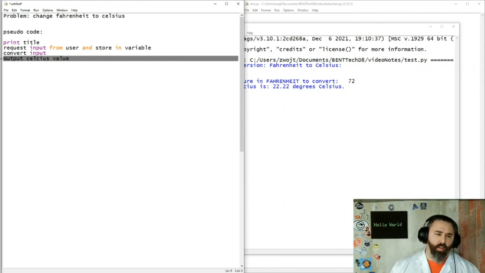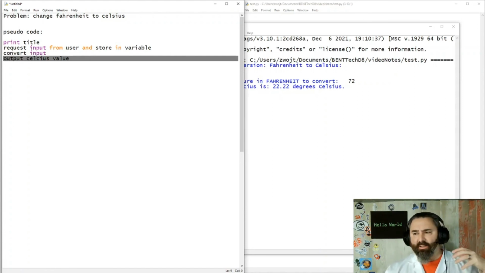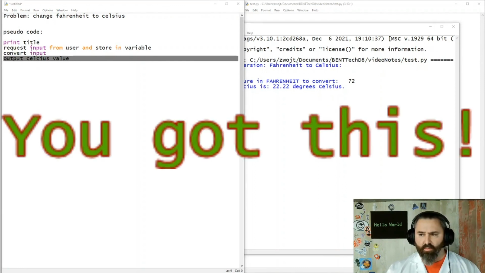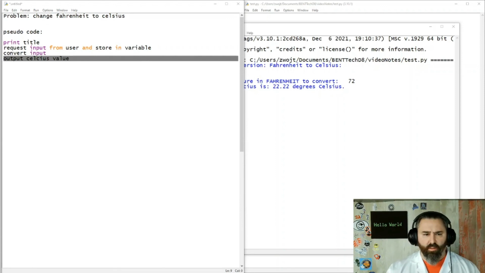Well, what if it was a multi-function, multi-purpose script? So now your ideas are going to get more complex, and the more time you take to do proper pseudocode to organize your ideas in a formal manner, remember, eventually in your scripts and code you're going to write functions all over the place and organize them, but they don't have to fire in order. They can be loaded in the memory. You can call on them as needed. But the pseudocode, getting used to doing this from the ground up right now, will help you maintain a solid methodology for scripting. And remember, you got this, right? It's not that bad. You can totally knock this out.